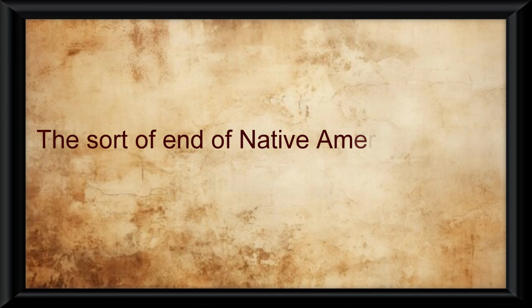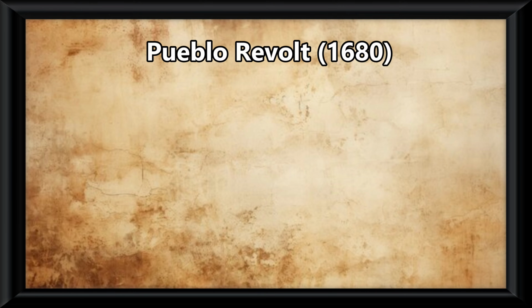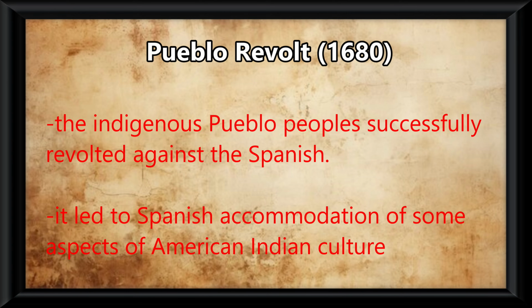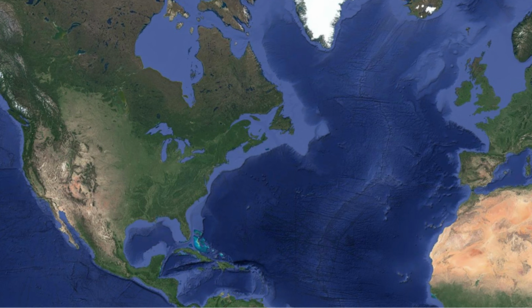The effect of the end of this war was the sort of end of Native American power in the New England colonies. Though almost all Native American resistances failed, there were a few that succeeded. One of which was the Pueblo Revolt, where the indigenous Pueblo peoples successfully revolted against the Spanish. The aftermath of this was that it led to the Spanish accommodation of some aspects of American Indian culture in the Southwest. But this would end up not really mattering, as decades later the Spanish would end up taking the land